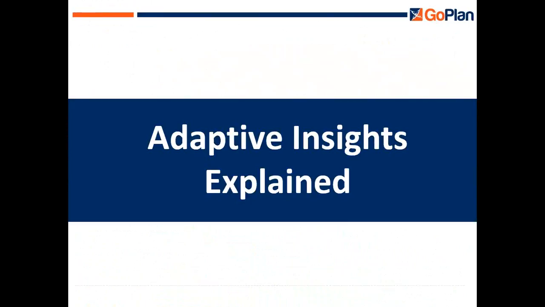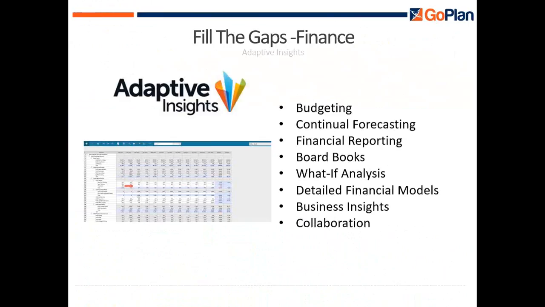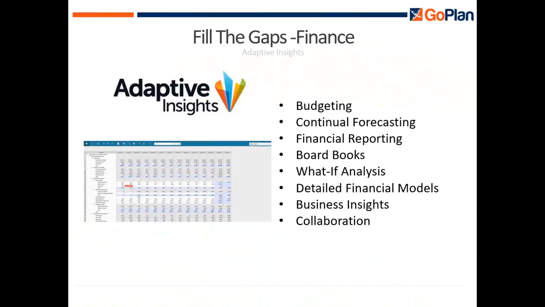So I'm going to go ahead and move on to just explaining what Adaptive Insights is to give everyone a good picture. So just at a high level, Adaptive Insights is in a market called CPM, which stands for Corporate Performance Management. That's a market essentially defined by the Gartner Group, and they include companies in that group that provide things like budgeting inside of the system, so the actual budget collection process and the analysis of said budgets. The forecasting as well, so continually reforecasting your data,